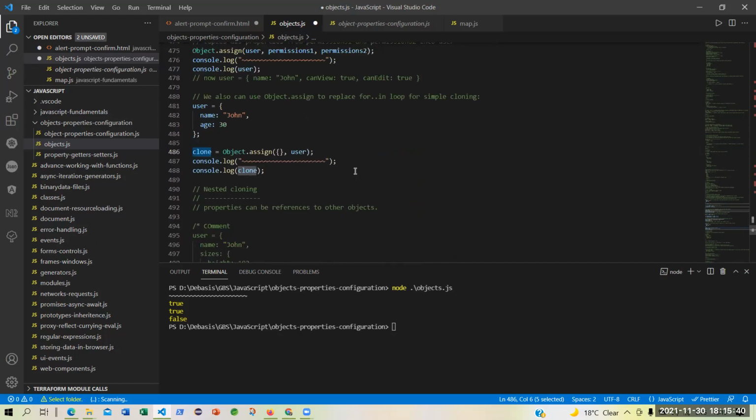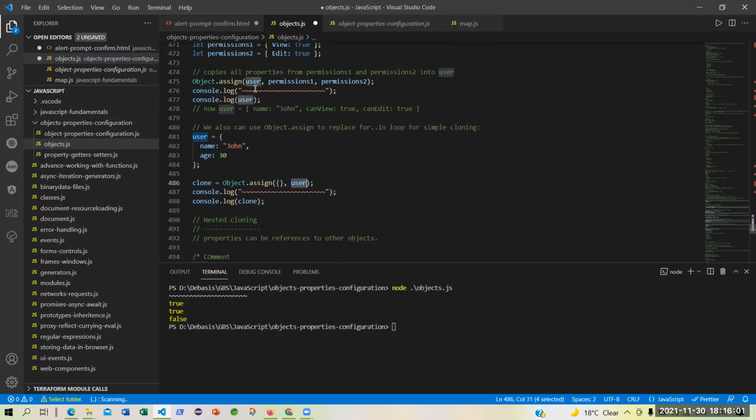You just give an empty object which is symbolizing user and assign. So this is the target, the empty clone object. By saying clone, you are saying the target is this and the source is this.